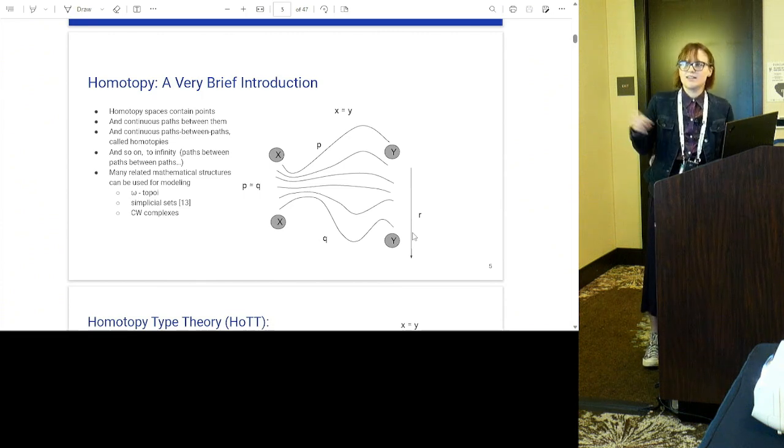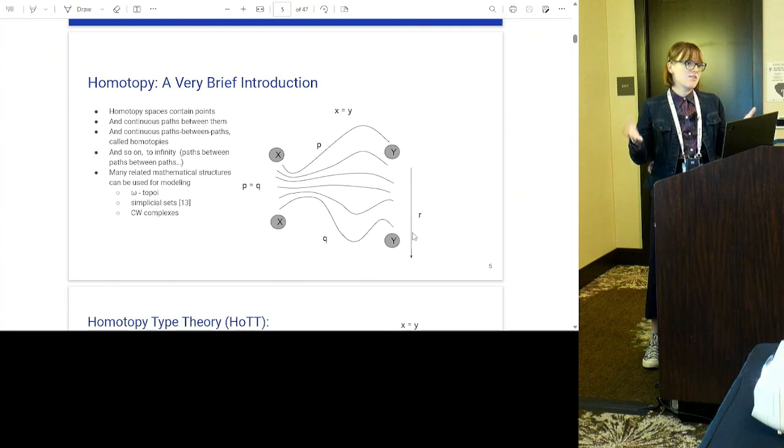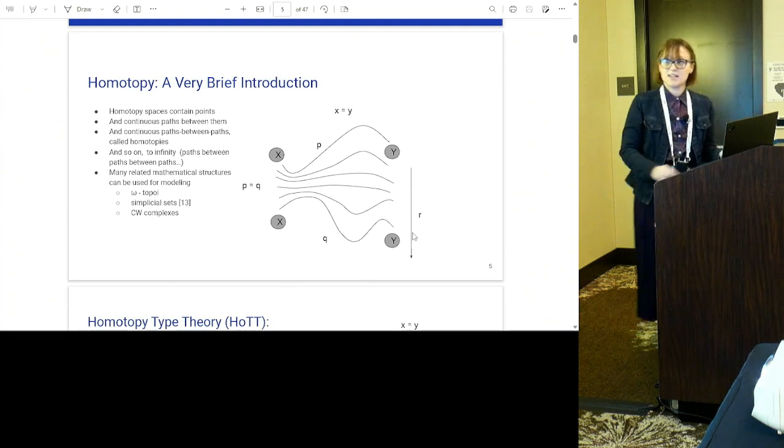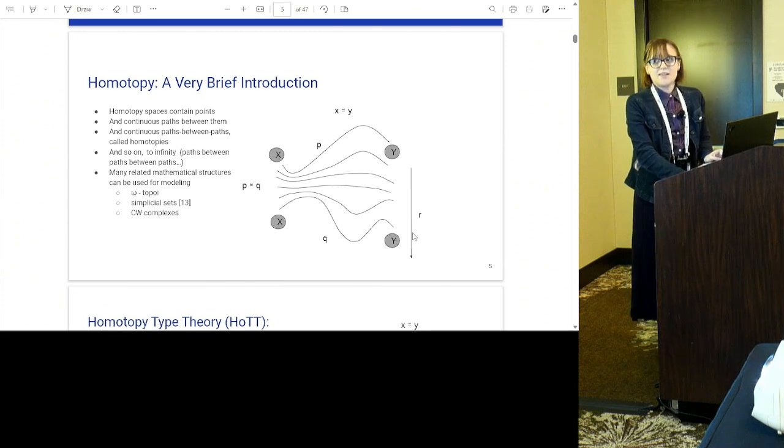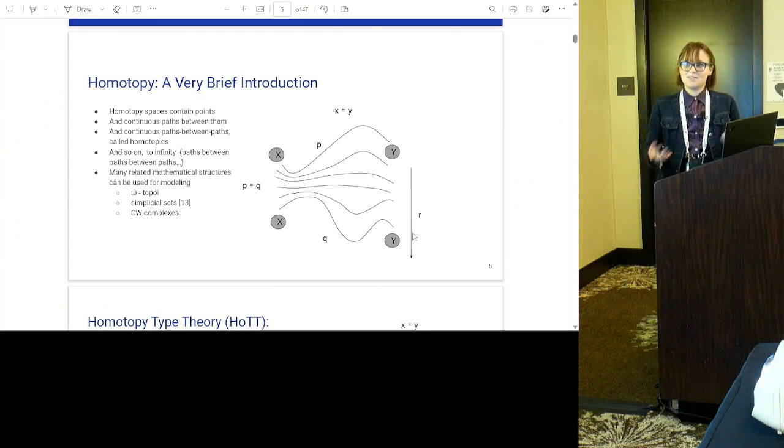Omega topoi, like simplicial sets, CW complexes. We don't need to know about any of those. But they are the things that also use this kind of idea of homotopy. If we weren't using the lowest tech option, we would have a nice animation here showing how when we have